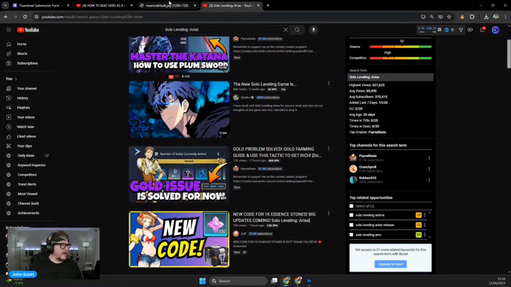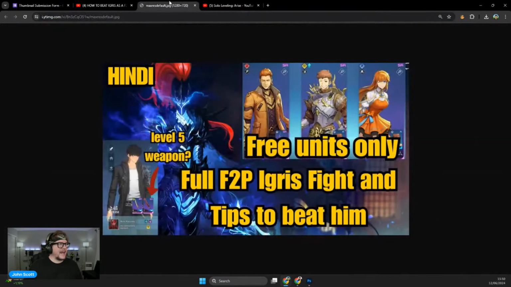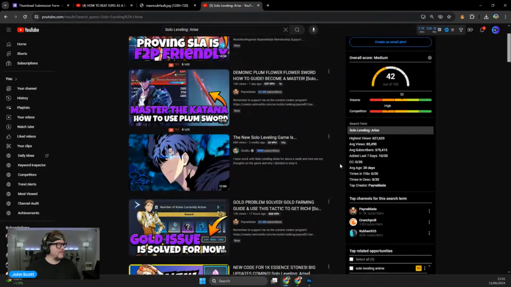So the font's great. I would just simplify the background and stick to 5 words max. You want to get across one idea. So is it how to beat Igris, or tips? If I was doing this, I would try to say something like no one knows how to do this, or no one learned this yet. Make them curious about what they're gonna get out of that video. But just give a different angle than these others.